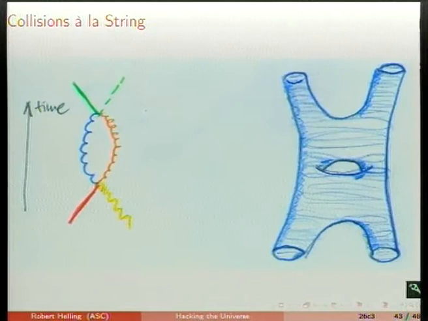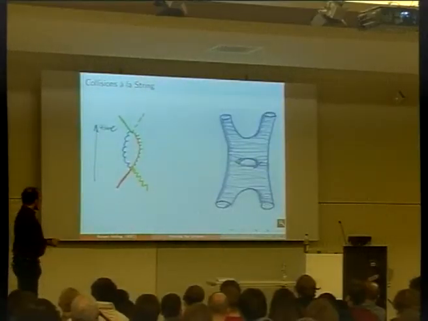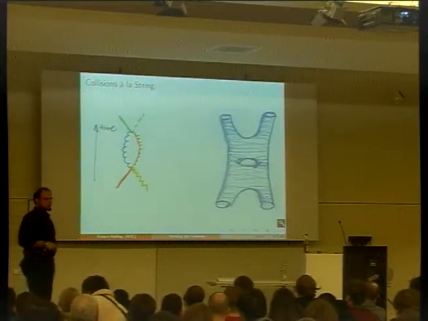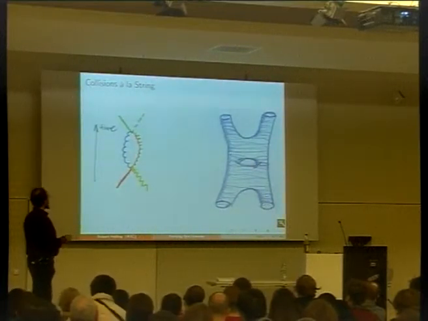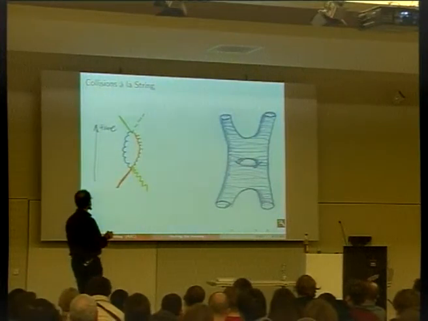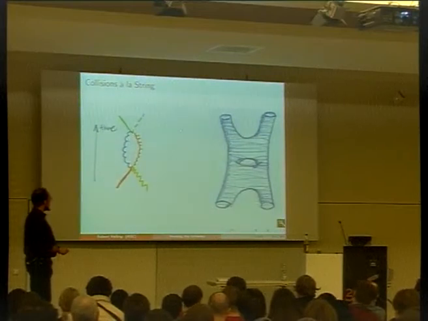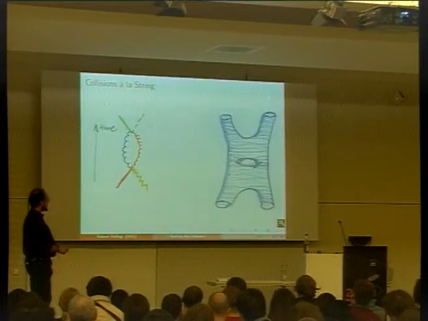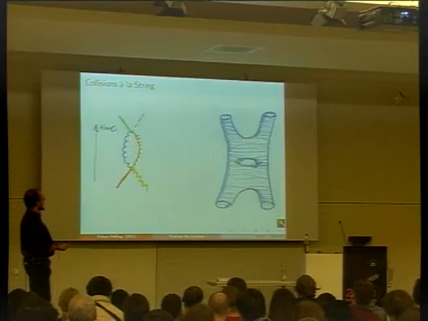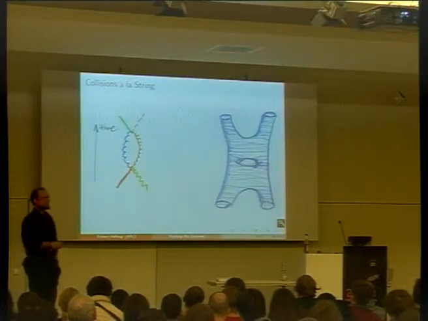So the way this works is, there are these diagrams. Time goes up in this diagram. So 2 particles here meet and collide, they form 2 new particles, they come back together again, and they form 2 new particles. That's the archetypical particle collision diagram. You not necessarily have 2, you have many, like you've seen before, but you can also have 2. In the string theory language, it looks like this. So you have one string, you have another string, they come together, then they join, they form just one big string. This disintegrates again into 2, and then they come together, and then disintegrate again into 2 strings.